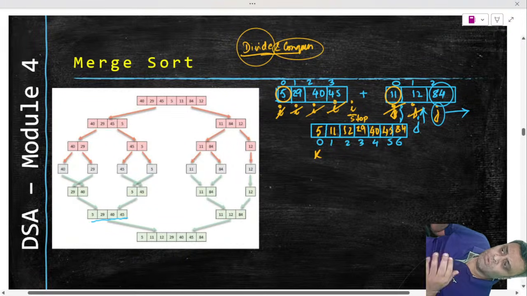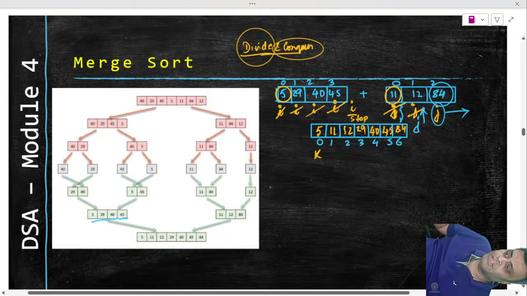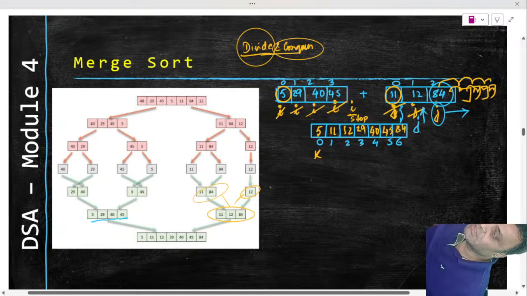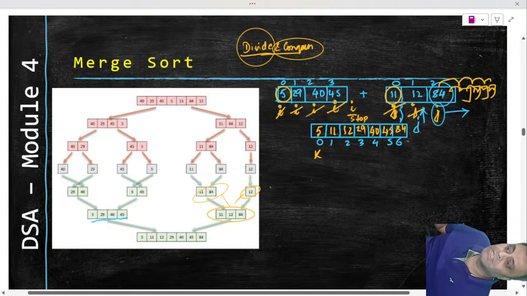Now, do I need to worry about the order of 84 and the next elements in case there were elements here? No, because these will already come sorted for us, since they are being put after sorting only. After 84 there will be somebody who is always going to be greater than 84, and so on. The last number will be the largest number. I will just blindly take wherever j is and put them everywhere.